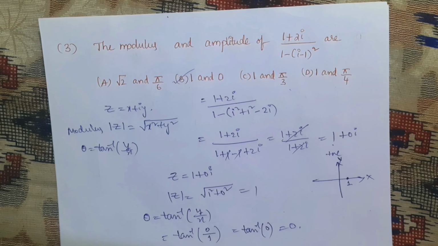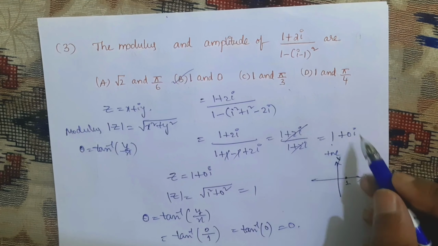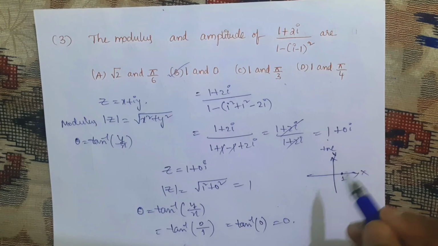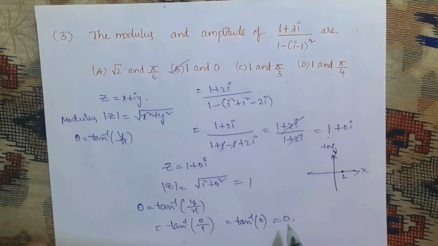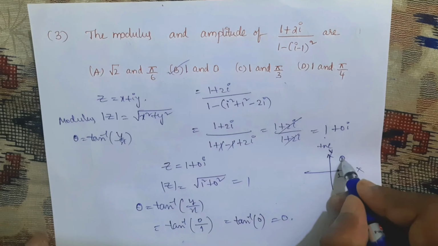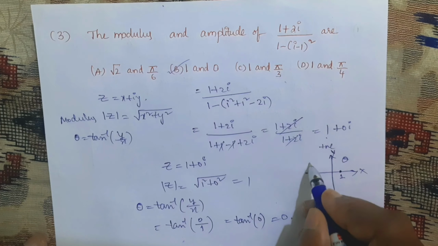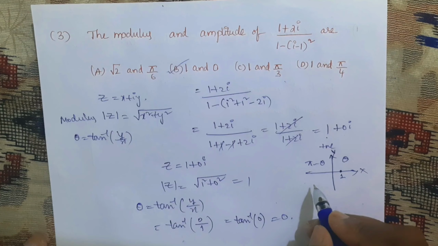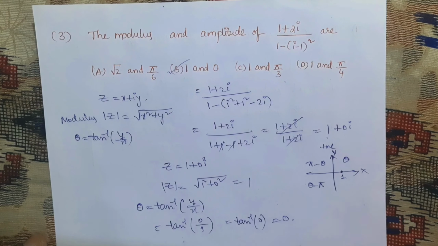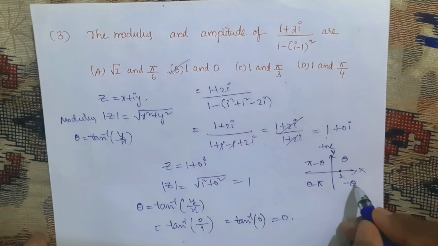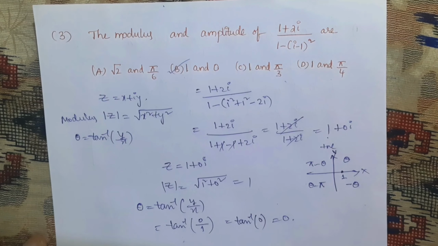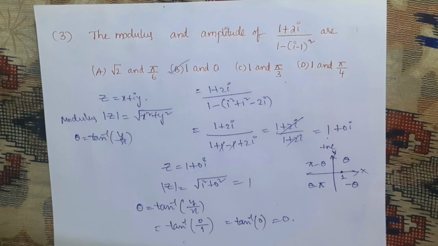And again, based on this value only, we need to take the angle. As I said, here theta means theta only. If it is in the second quadrant, according to this we need to do pi minus theta. If it is in the third quadrant, it means theta minus pi. If it is in the fourth quadrant, it means we need to consider the negative theta, whatever we will get here. Okay, like that we need to find.